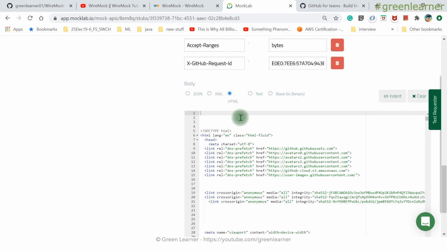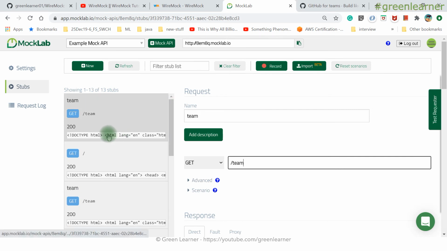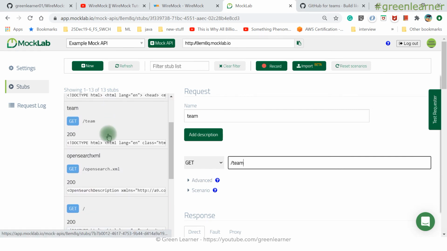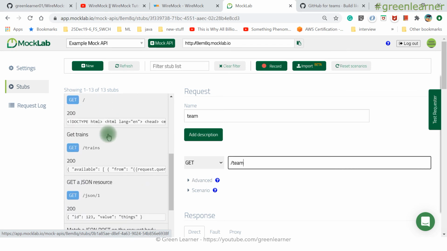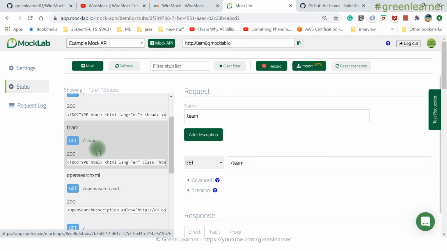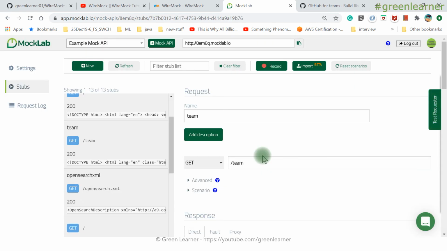It is pretty smart to detect from the content of the URL what response it is giving: text, XML, HTML, all those things. So it is going to give me that, right? Let me see if there was any non-HTML part. It was all HTML, but it recorded that properly. But if you had any REST response or REST call there, it would have recorded that.